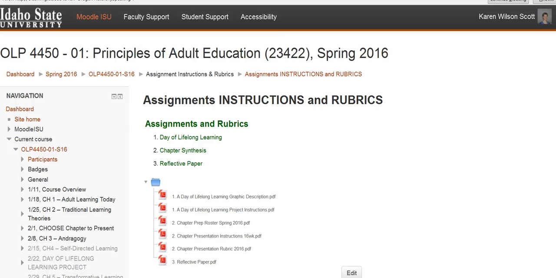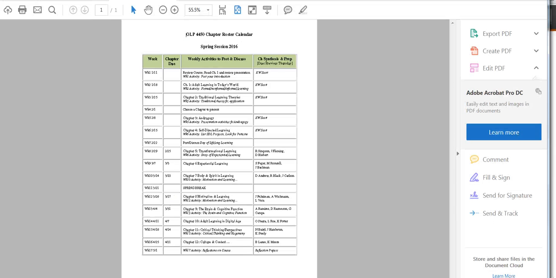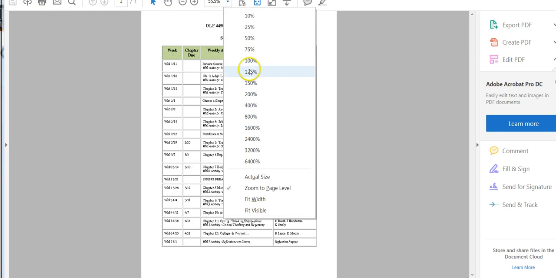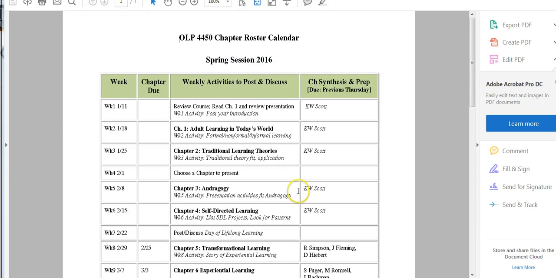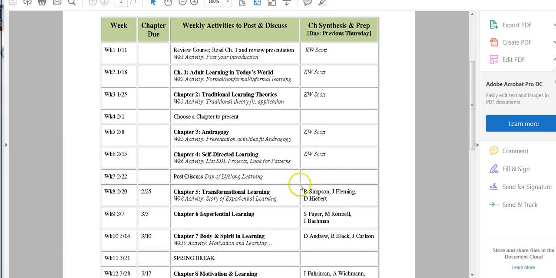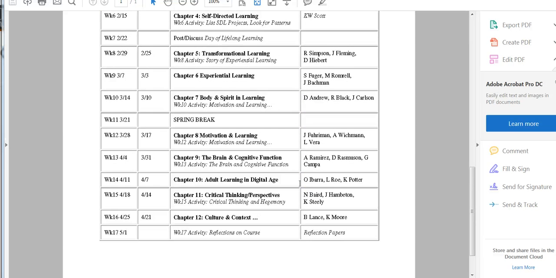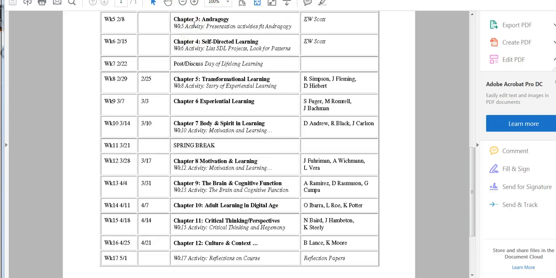And here is our roster. When we scroll down, we are just starting week 5.